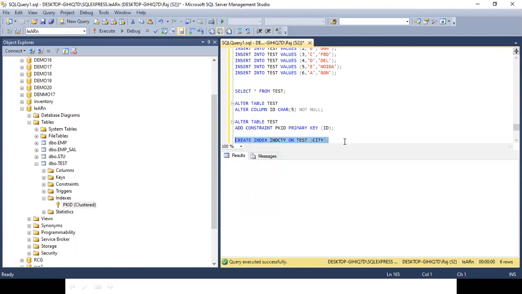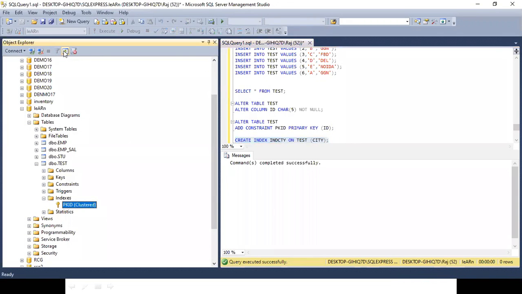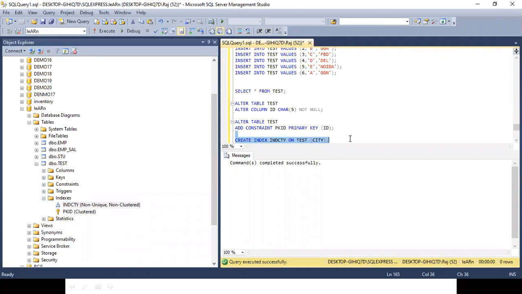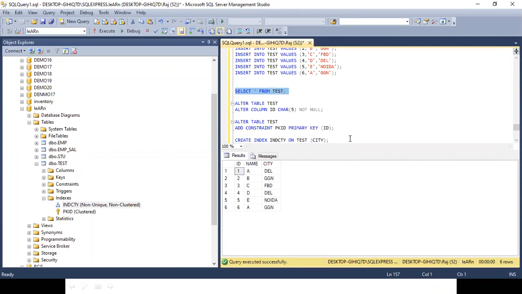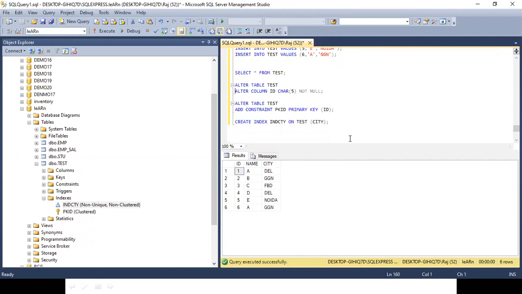Now I am putting an index which has been created. Can you see a non-clustered index is appearing over here? IND city, which I have created. Okay. Yes. And let me display the contents. No change will be over here.